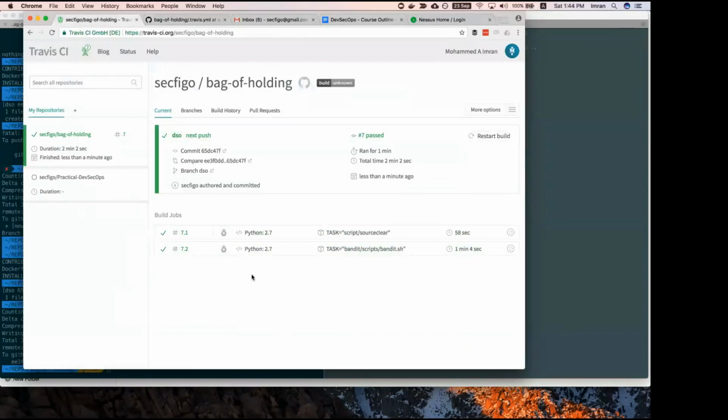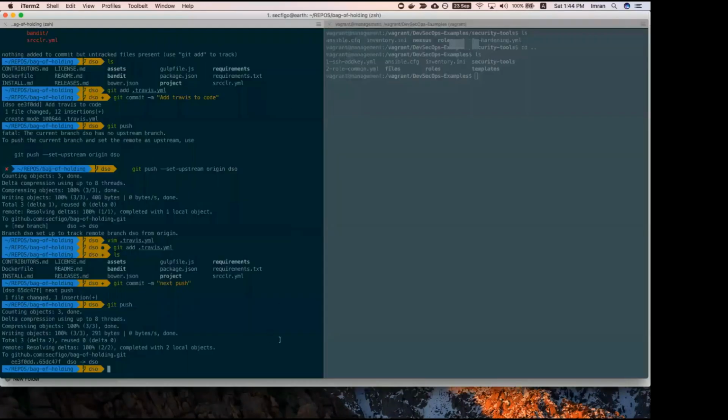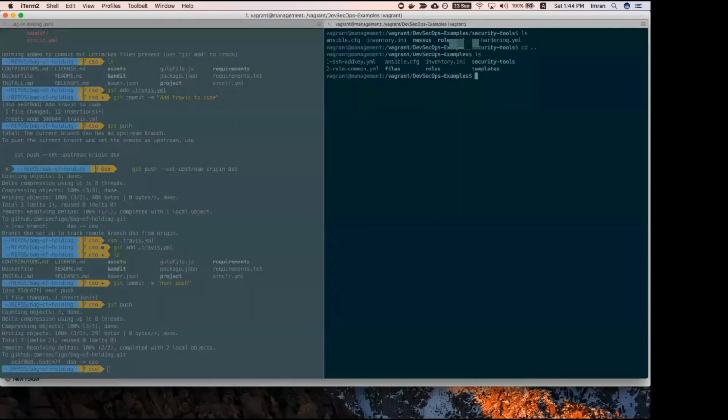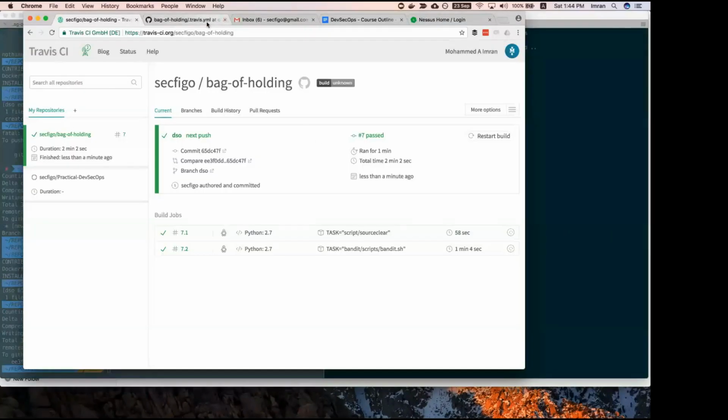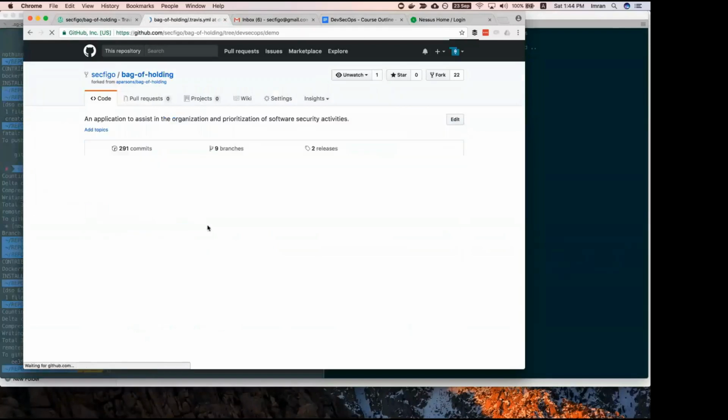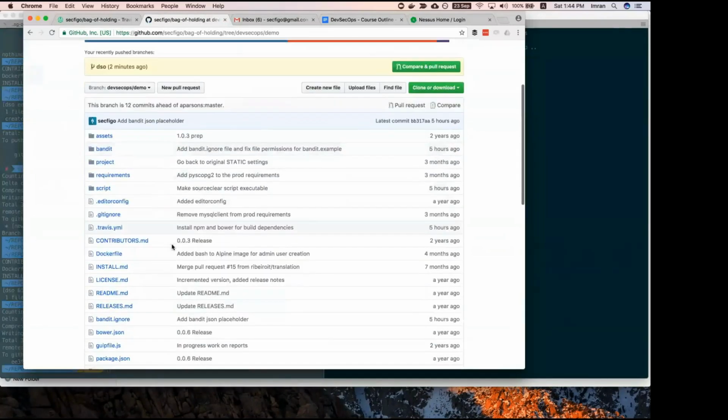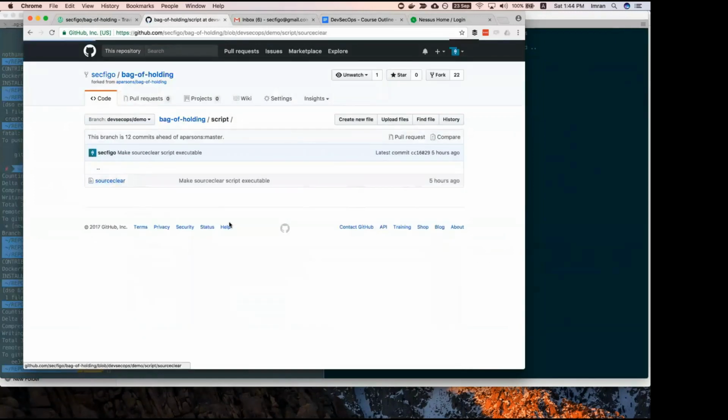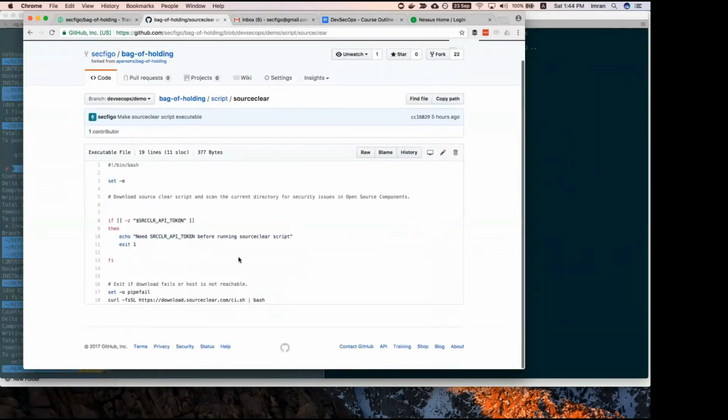So as you can see, I did not lie. It's working fine now, right? So the next thing I will do is add those other two scripts in here. One of them was Source Clear, right? So this is the code in there, okay? And the only thing we have to look at right now is just this. I just added only that snippet, which is doing the scan. The rest of it is all error checking, like making sure there is a token available, and if the website is down, I'm just saying, hey, exit if the website is down, okay? So I'll copy this